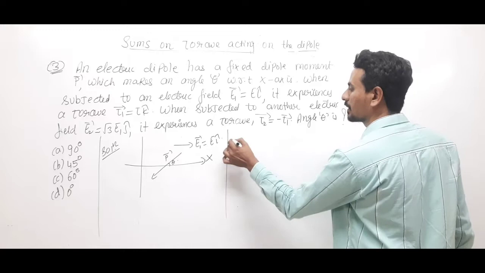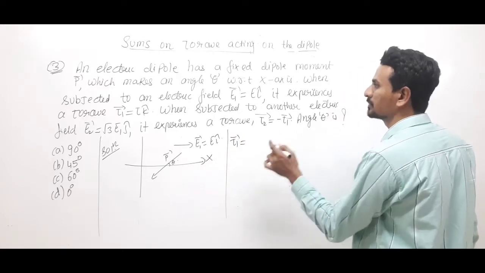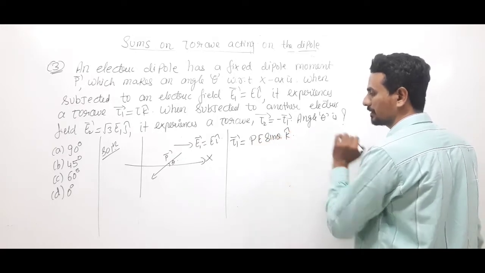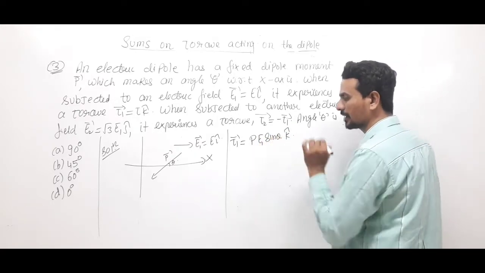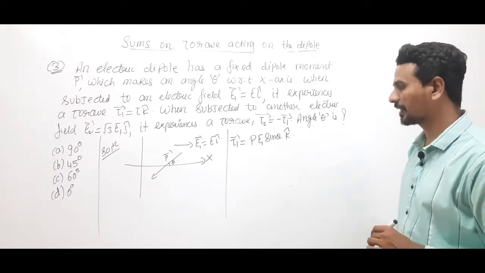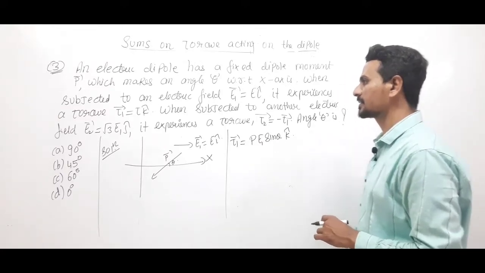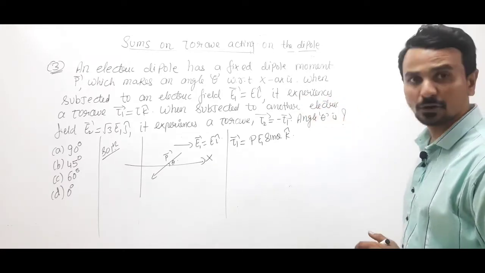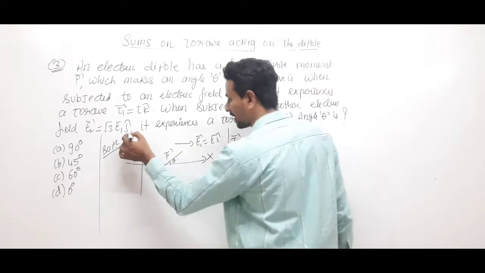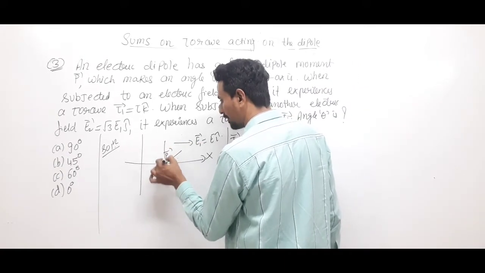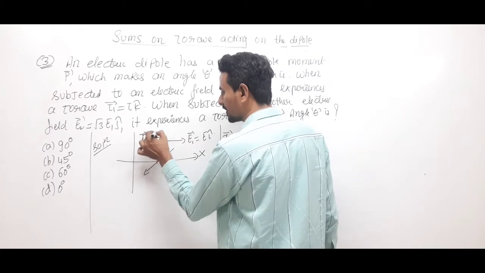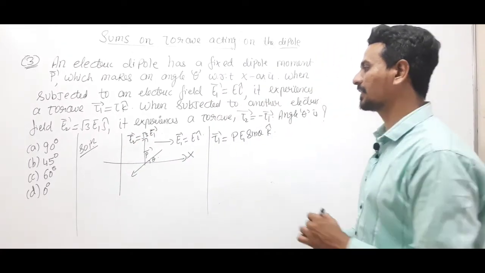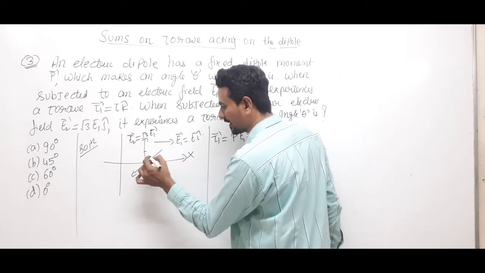So τ1 is equals to P E sin theta k̂, that is P E1. Clear? Okay, and now you are applying another electric field which is along the j direction, that is along the y direction this way, and the magnitude E2 is root 3 times E1. Okay, fine. So now this angle will automatically be 90 minus theta,